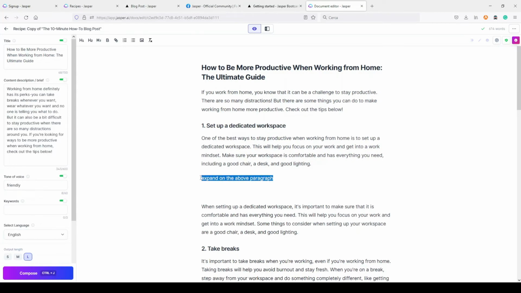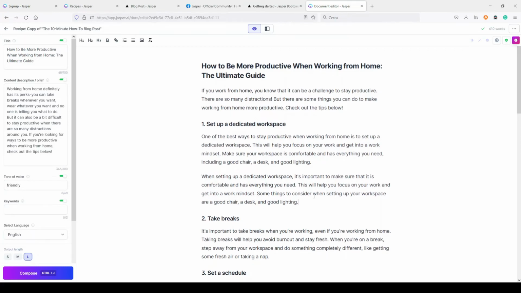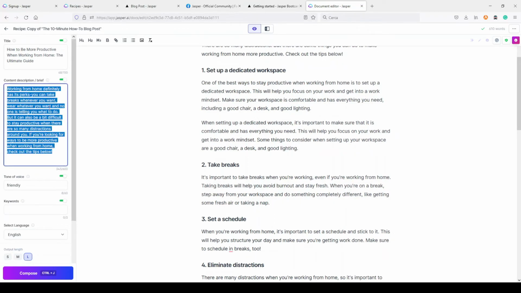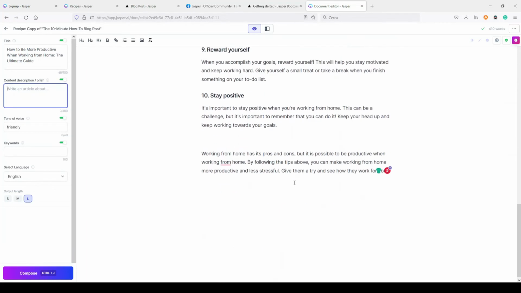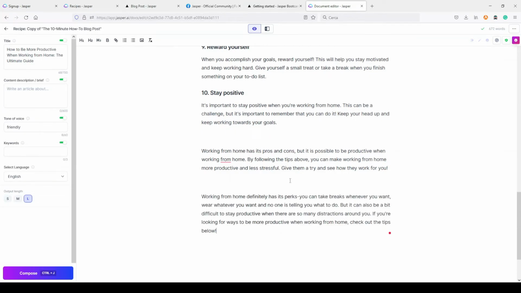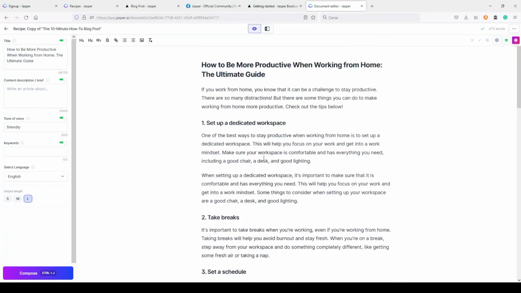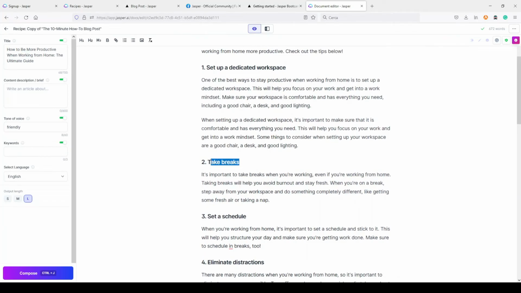Okay, as you can see, it added something to our paragraph. Or maybe I can even do something different. For example, let's say now I need to delete this. I will place it here and you will understand why in a moment. Okay. I need this field blank because I can take this,